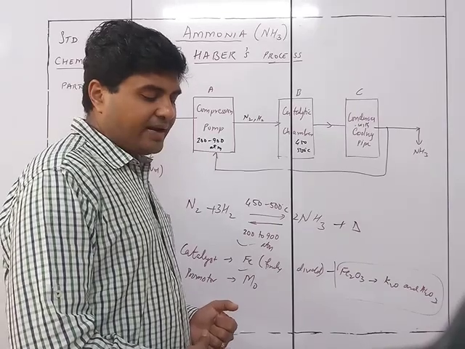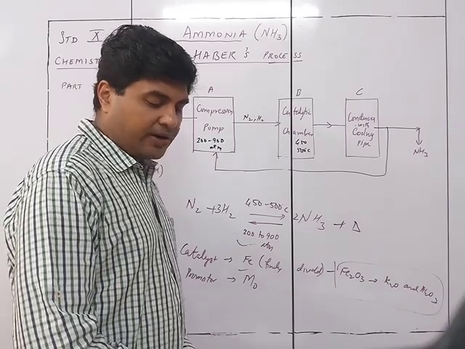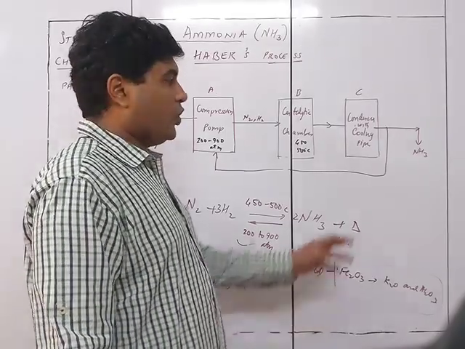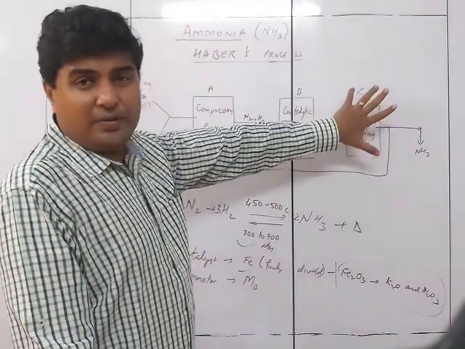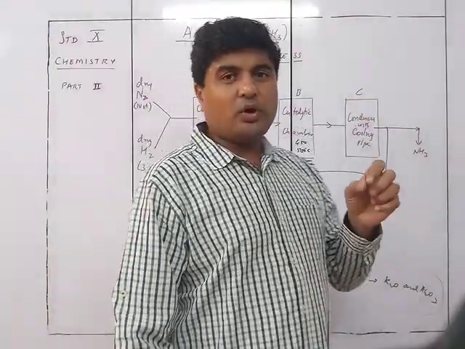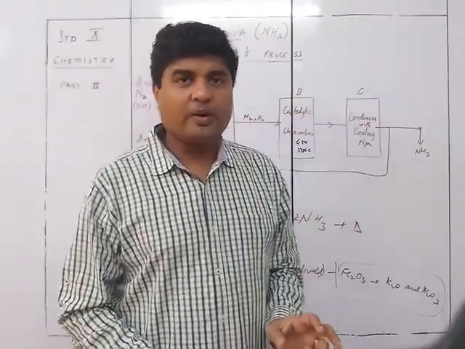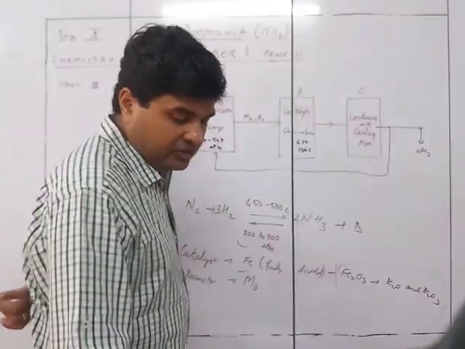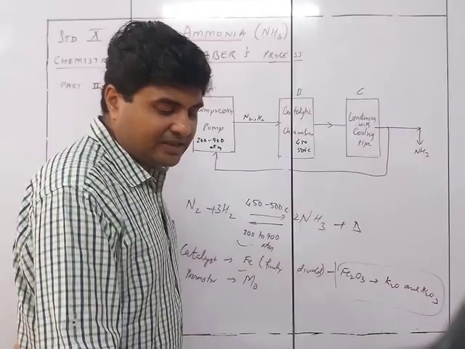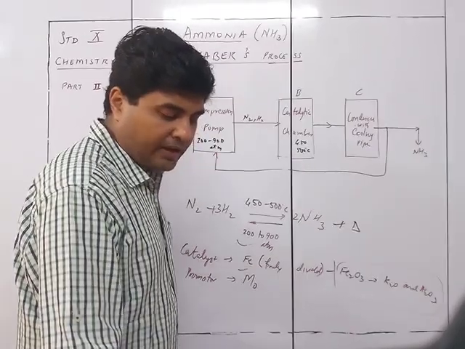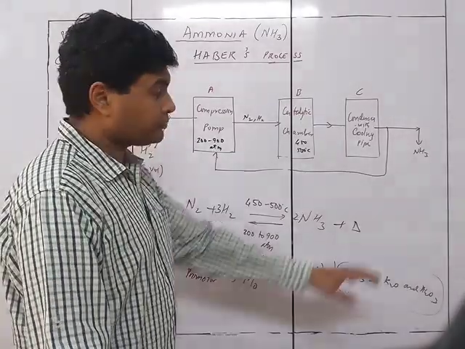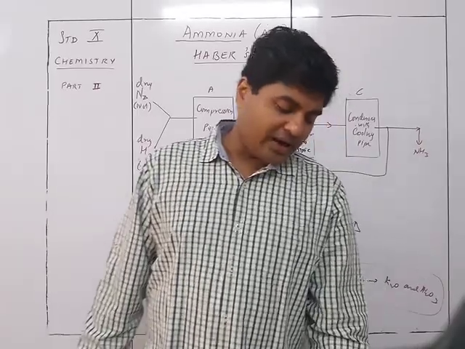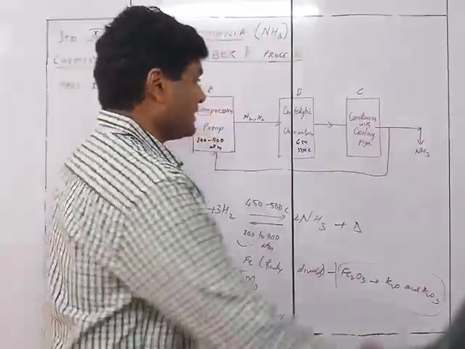Condenser: the mixture of NH3 along with residual nitrogen hydrogen under pressure is allowed to expand suddenly through a small nozzle into the region of low pressure. So here, because they are already under high pressure, they are now made to go through a nozzle which will lower down the pressure. On lowering down the pressure, automatically it is going to condense. So in the region of low pressure, this results in the fall of temperature, thereby liquefying the ammonia which is collected at the base. So that's it, we are just cooling it, and the unreacted nitrogen and hydrogen is recycled through the catalytic chamber.